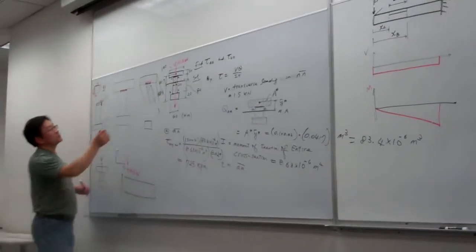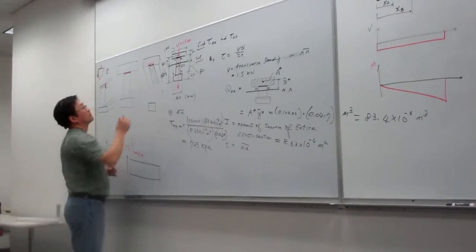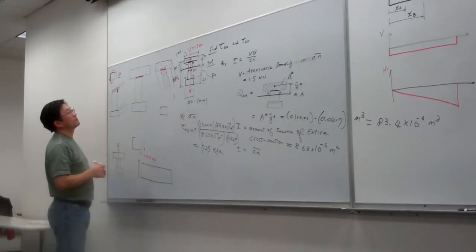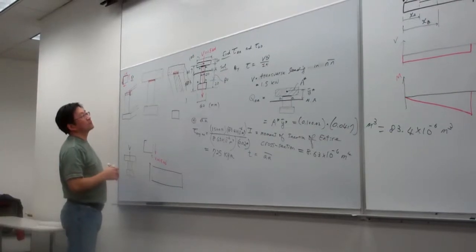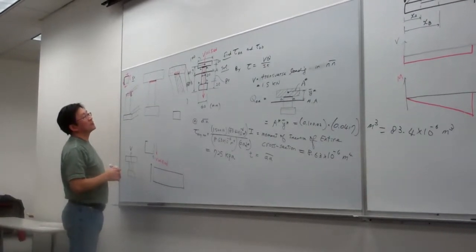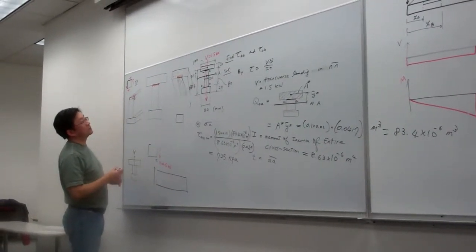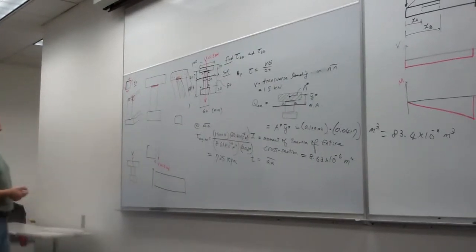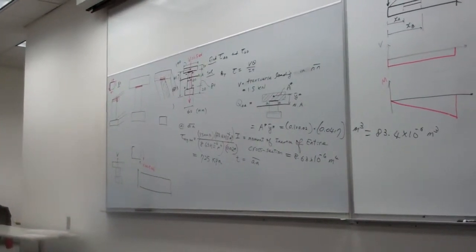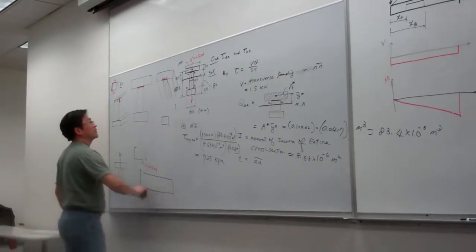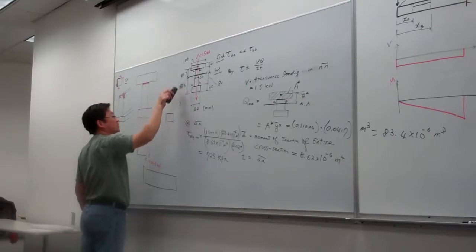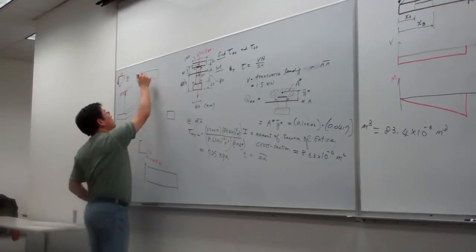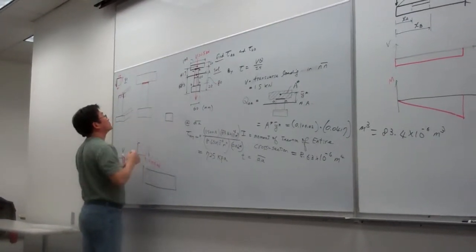Which element I should take? It seems I have a hard time to look at this one. Let me redraw this one. I have a hard time to visualize. So for this one,